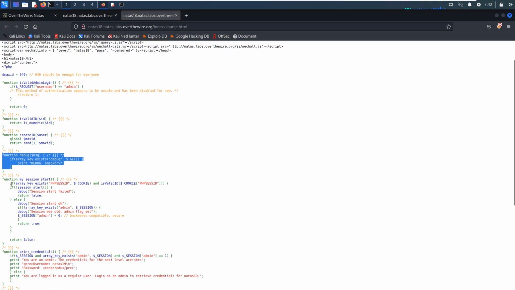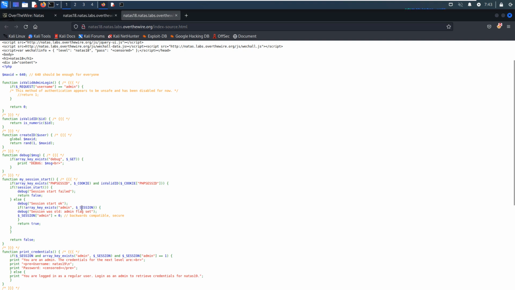Next I think this block of function is totally useless. The next one defines the function my_session_start. If the cookie has a PHPSESSID and it is valid, which means the PHP session ID must be a number, then it starts the session; if session start fails, it returns false, otherwise the session starts okay.